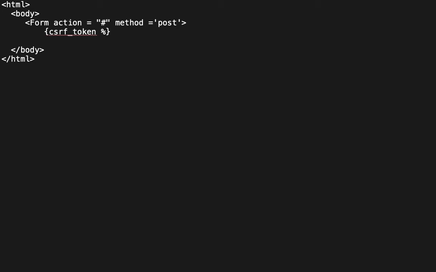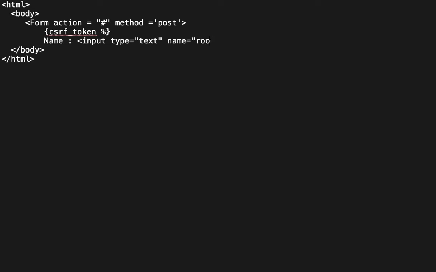Okay, so let us start with the two things that we want to post here. First we will take input, and I want to input his name. So I will write input, and type will be text because the name will be typed in a text box. The type property will be text, and the name will be